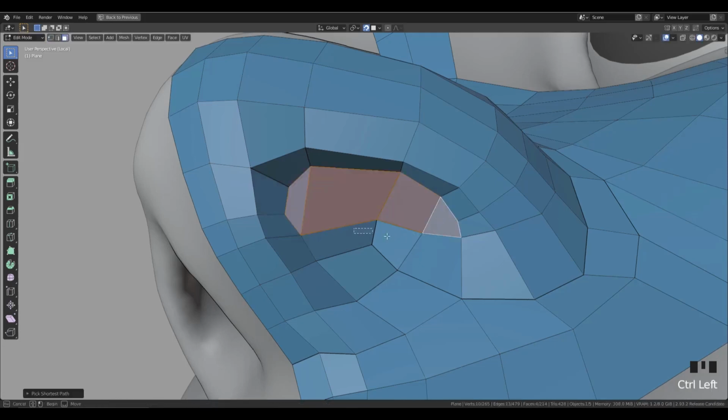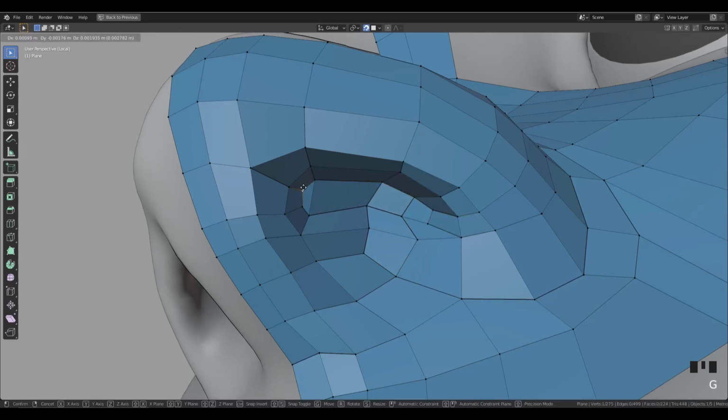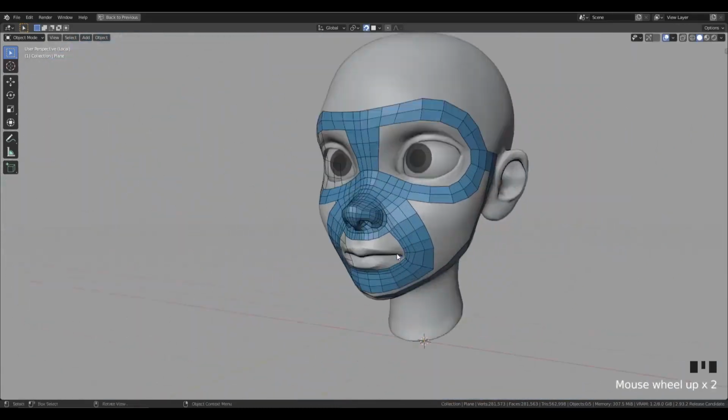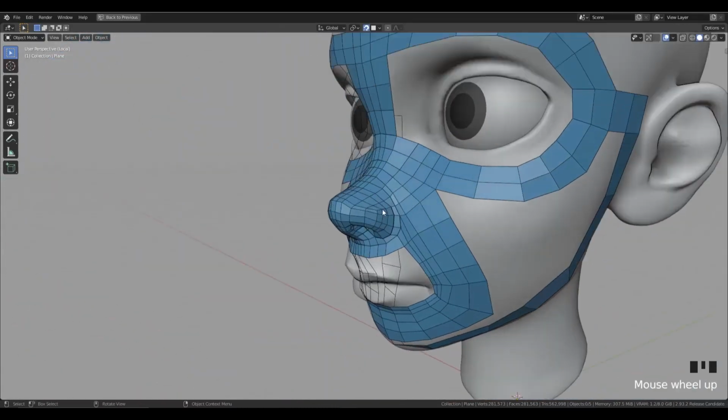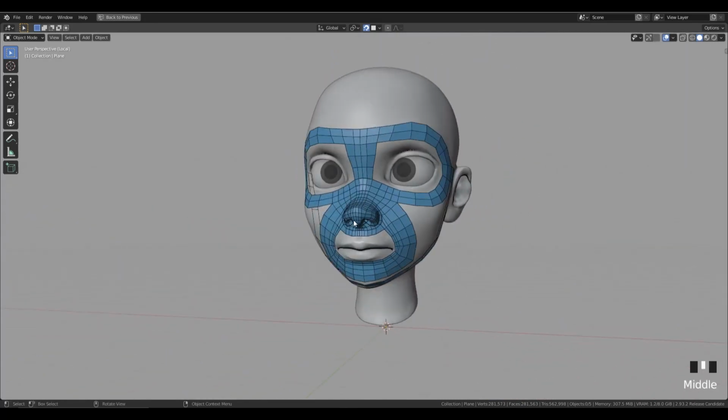So let's select this, press I, G. So I will basically do an inset, and G will do the projection, the usual projection that we have. Okay, so for now I think that this is fine for the nostril. Okay. So as you can see, we managed to control the topology of the nose at a very specific location,